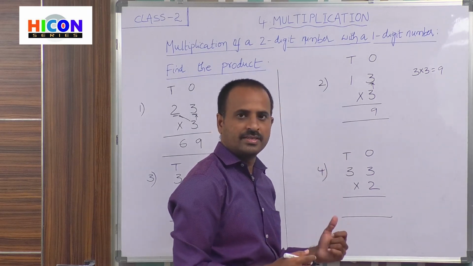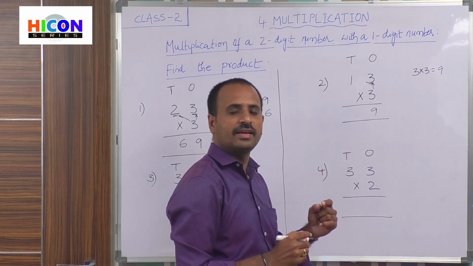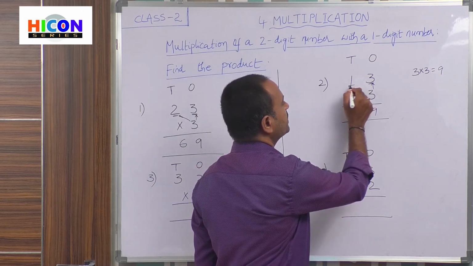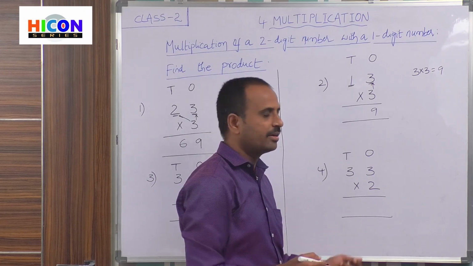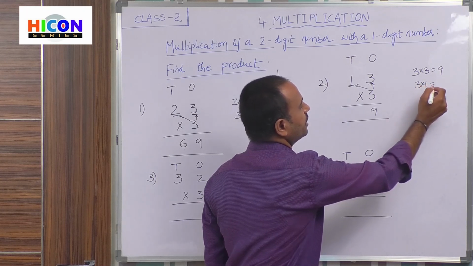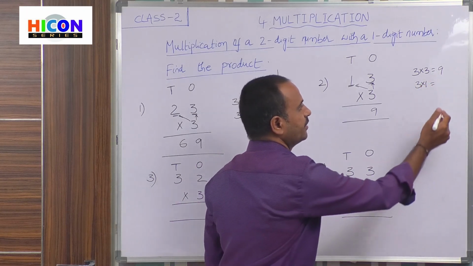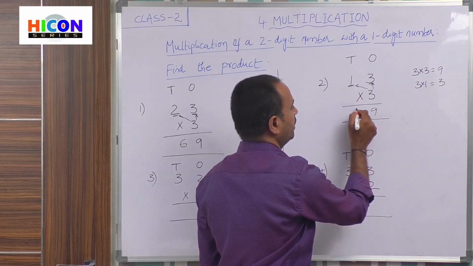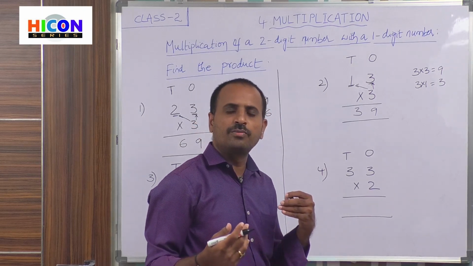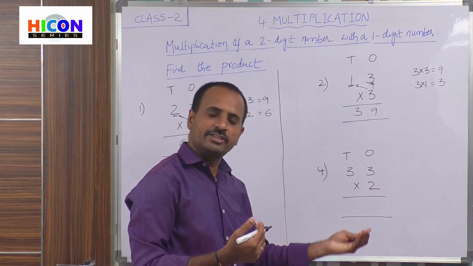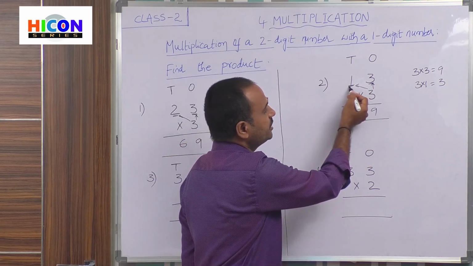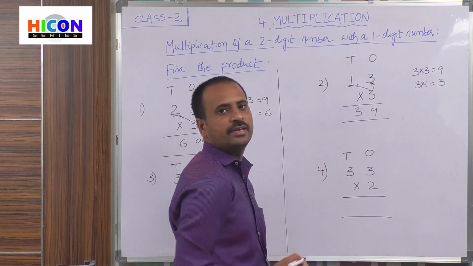And now go to tens place and multiply the digit present in the tens place with 3. What is present in tens place? Here 1 is present in tens place. So multiply 1 with 3. That is 3 into 1. Children, 3 ones are 3. So write 3 under tens place. So the answer is 39. In this way, first we have to multiply with ones place and next go to tens place. That is 3 threes are 9, 3 ones are 3. So write the product in this way.